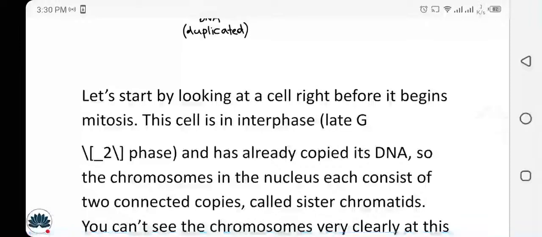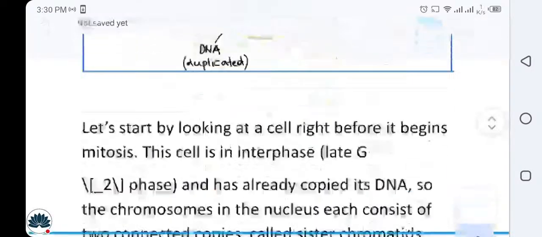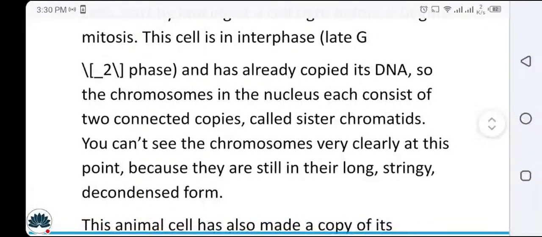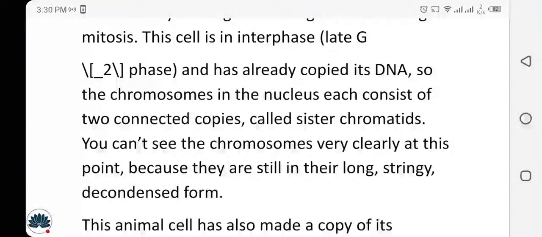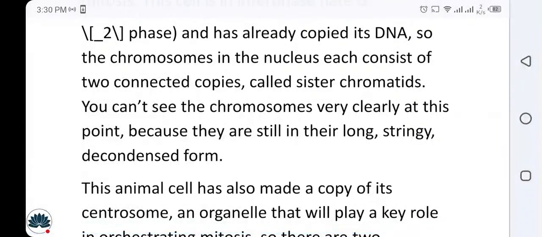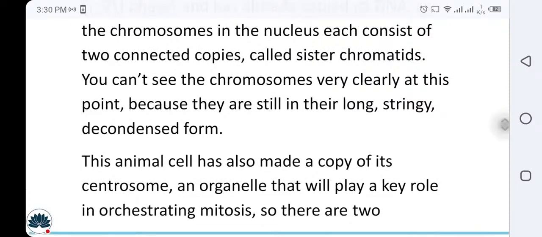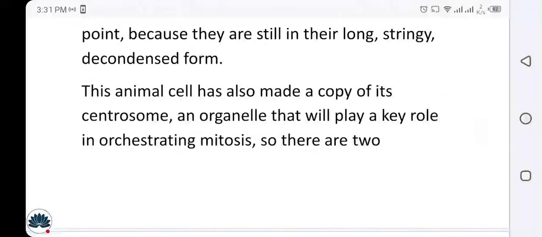Let's start by looking at the cell right before it begins mitosis. This cell is in interphase, late G2, and has already copied its DNA. So the chromosomes in the nucleus each consist of two connected copies called sister chromatids. You can't see the chromosomes very clearly at this point because they are still in their long, stringy decondensed form. This animal cell has also made a copy of its centrosome, an organelle that will play a key